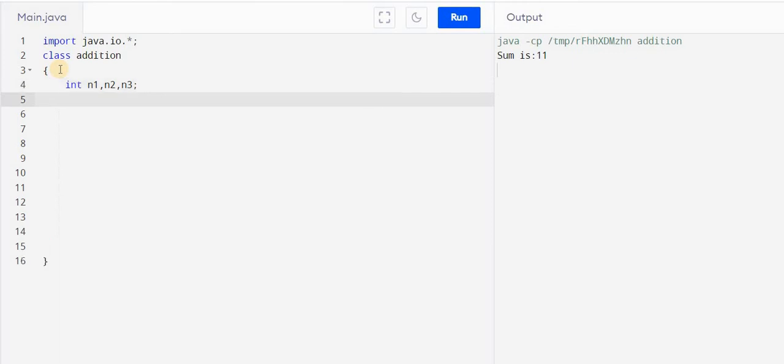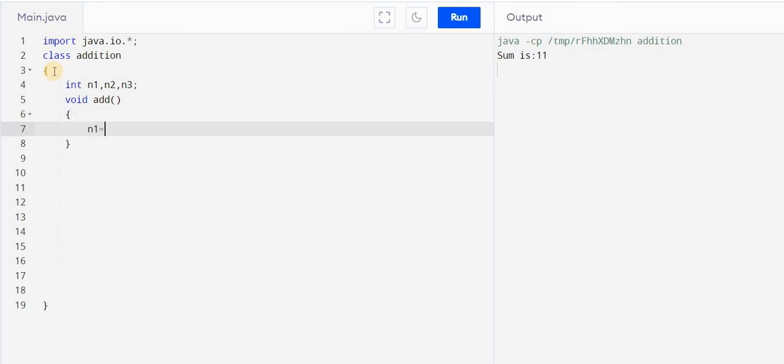And now we are going to write a method. So what is a method? A method is a collection of statements, or a set of code that performs a certain task. And in object-oriented programming, the function or procedure, whatever we write, we call it a method. So we are going to write a method over here. Let me give the name as add, because we are going to add, and this is how we'll be writing method add.